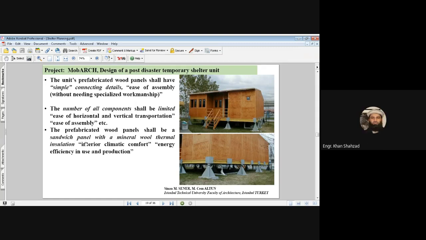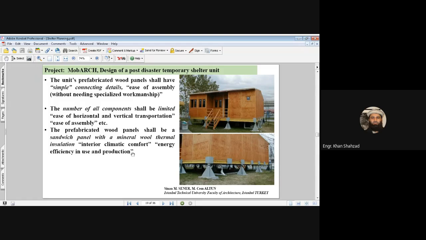Exactly. So the sandwich panel with the mineral wool thermal insulating material, so that to keep the people warm in winter, interior climatic comfort, energy efficiency in use and production. Also, you can use some other materials